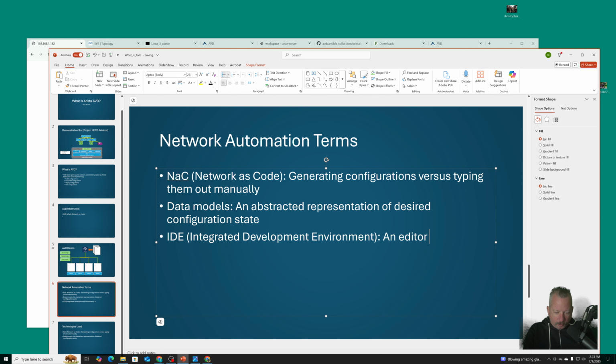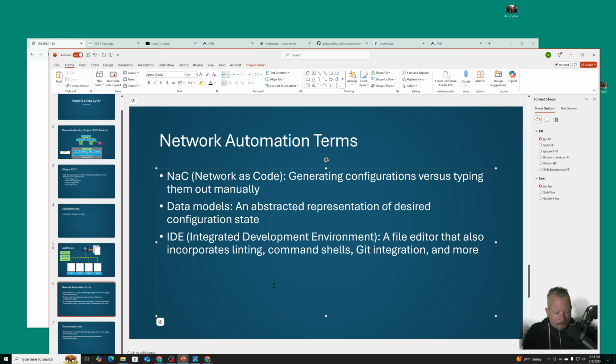An editor that also incorporates linting, a file editor, command shells, Git integration,